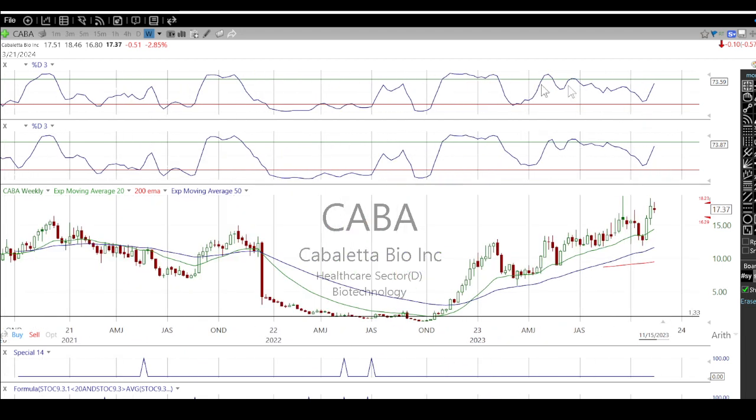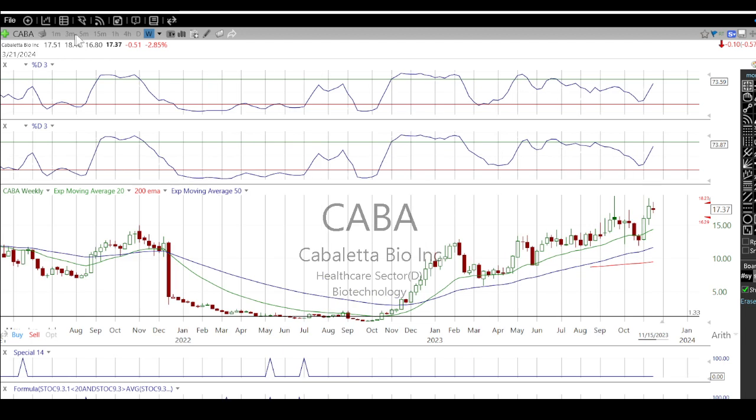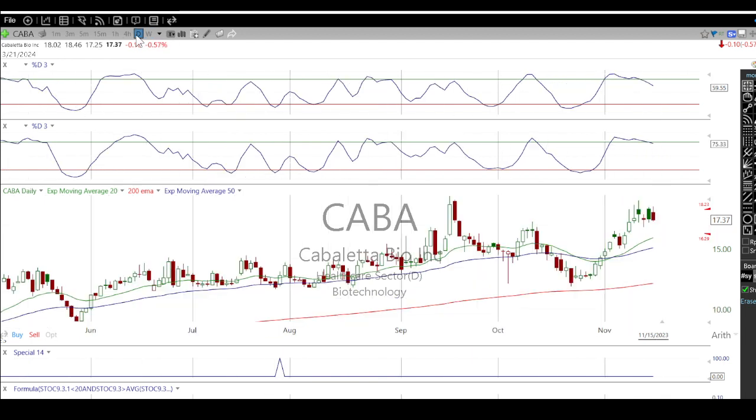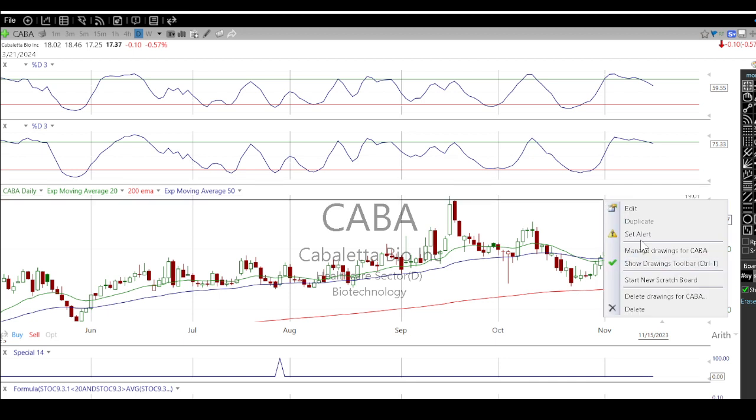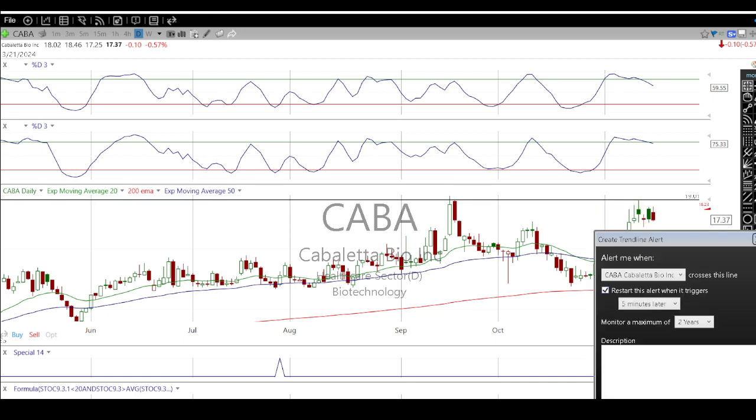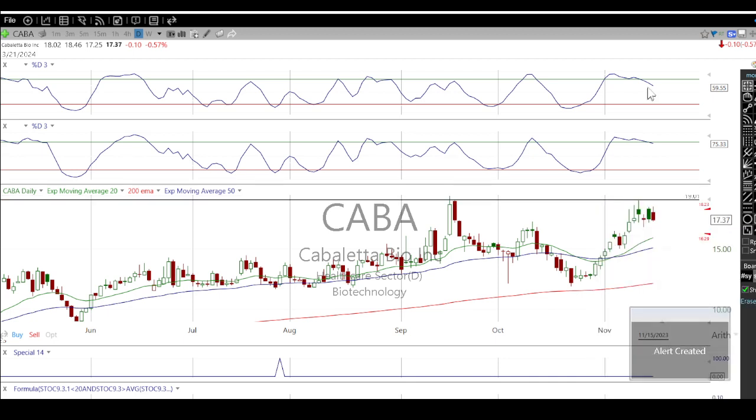We just had a cross up on the weekly. Everything looks good. Just one to keep out there. I'm going to put another alert on this right now to give us an early update. This will be at 19 and change. Let me set that alert. All right, so I just want to go through that.